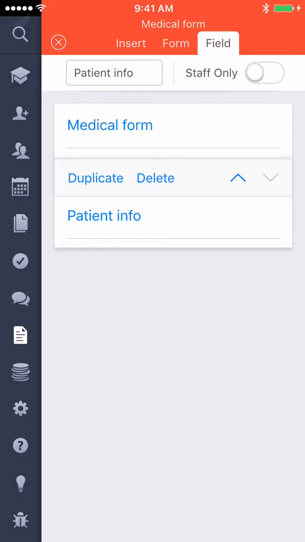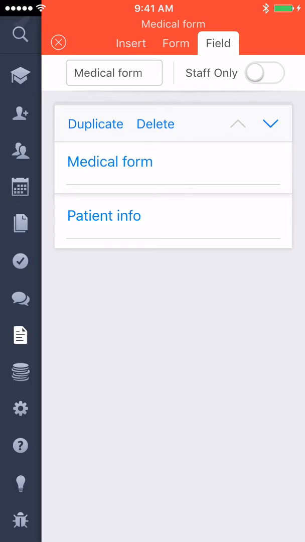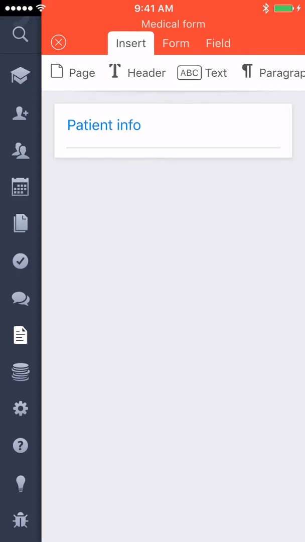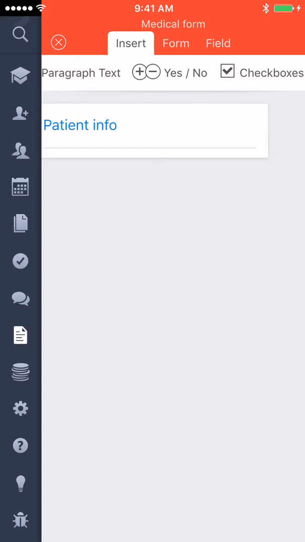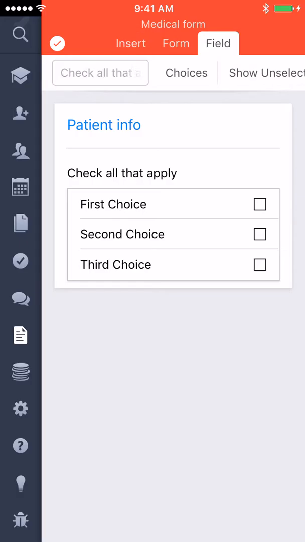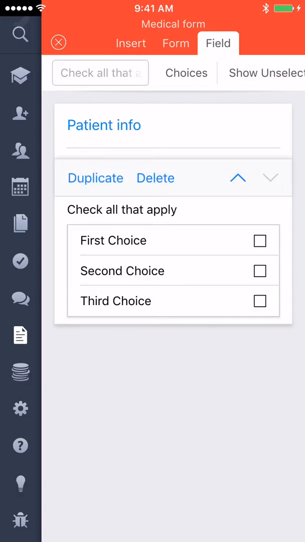And we can also, if we like, delete the header that we got automatically by tapping on it and then tapping delete, selecting yes. Now all we have is patient info as a header. Now you have some other different fields that you can insert into the form. One of them that is just a pretty standard question or questionnaire for a patient profile is to check all that apply. If we go over to field,